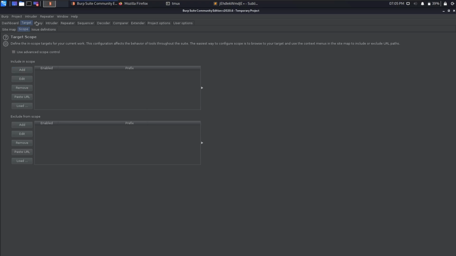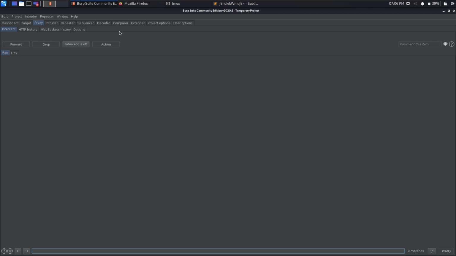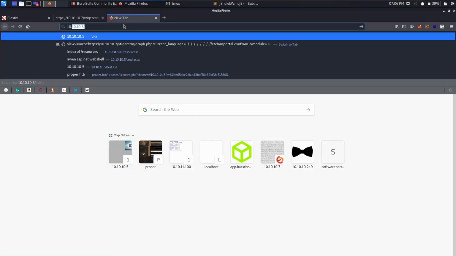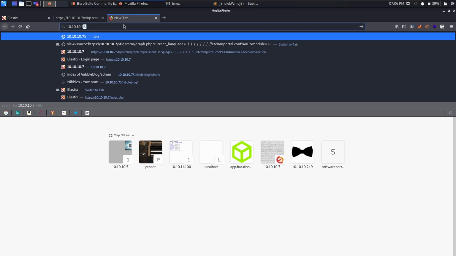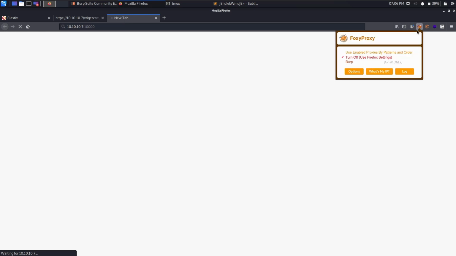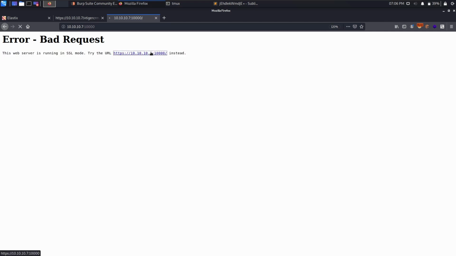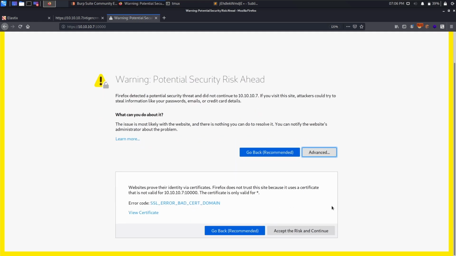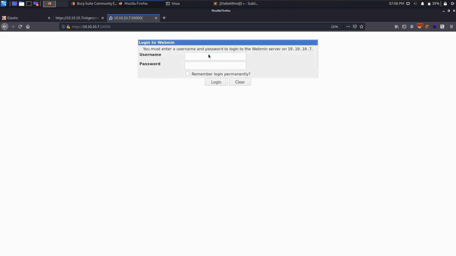So if I don't set up my scope, and 10,000. Sorry, I do need to divert all my traffic there. Well, it is running on SSL, so I need to go to HTTPS instead, and we get a warning. Just accept and continue. We get login to Webmin. Now in my Burp I just want this,